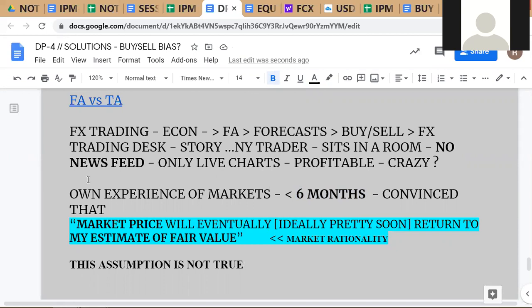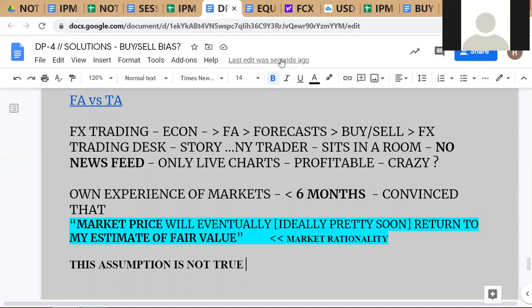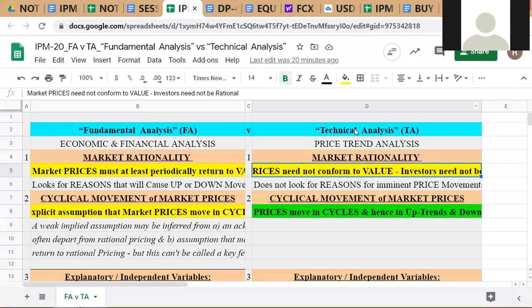I believe that there's some element of FA that can be applied in debt, and in equities a little bit less. We can have a discussion on that later on. But the bottom line is that my own personal investing philosophy is, if there's any conflict between the FA and the TA, I will go for the TA decision. I may apply both, depending on the asset class I'm looking at, but in currencies I will just apply TA, because I don't think FA really has